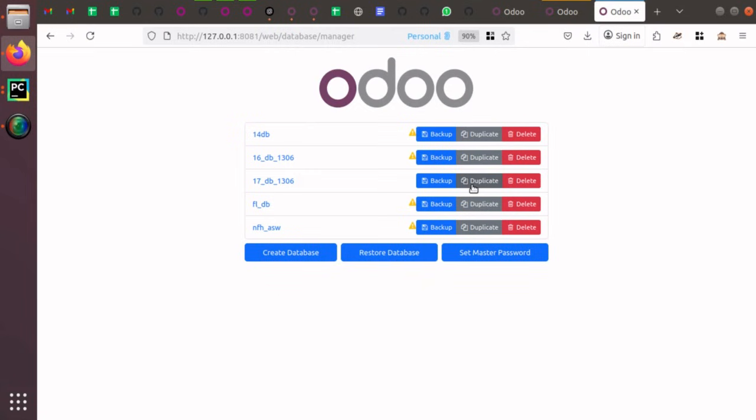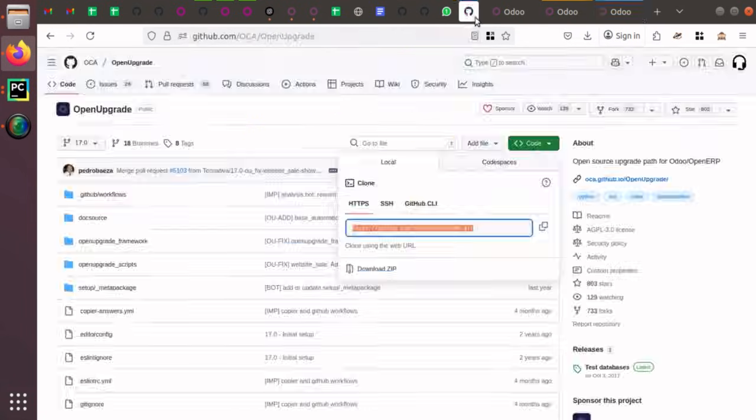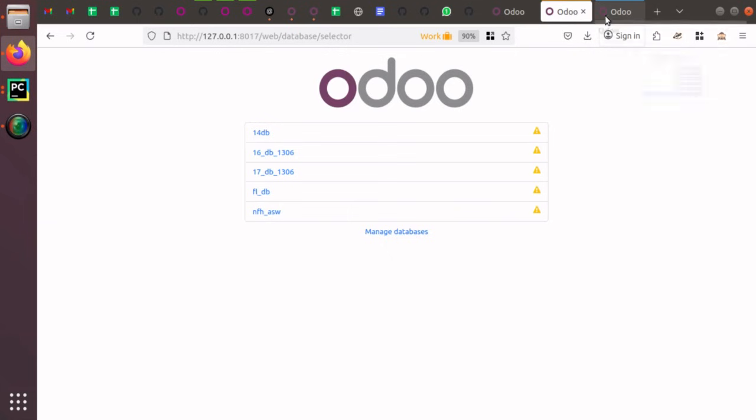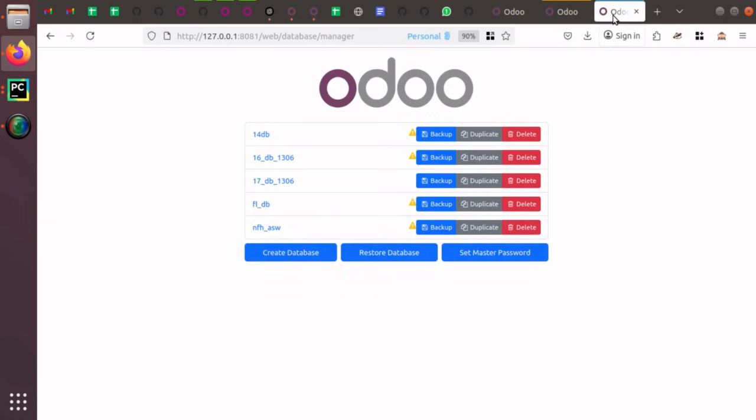I hope everything is clear for you. We have just used the OCA OpenUpgrade project. You have to clone the right version, install the OpenUpgrade lib, trigger the migration script, update all modules, log in, and verify all data is okay. I hope everything is fine for you, and if you have any doubts, feel free to ask in the